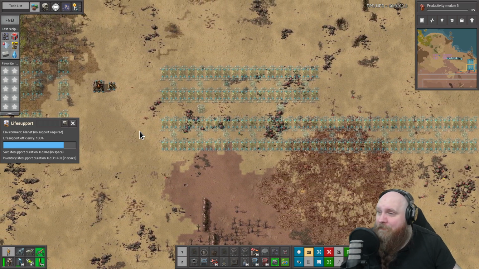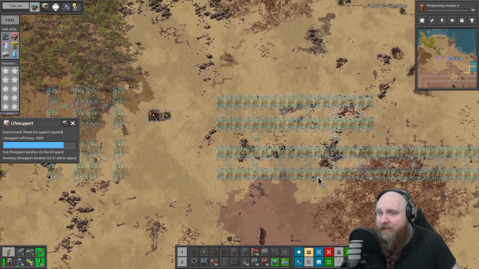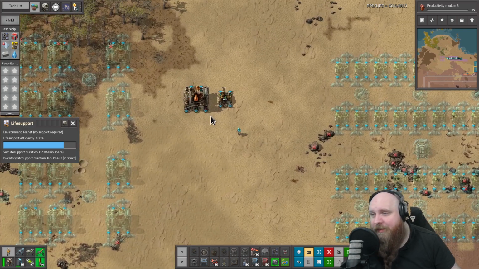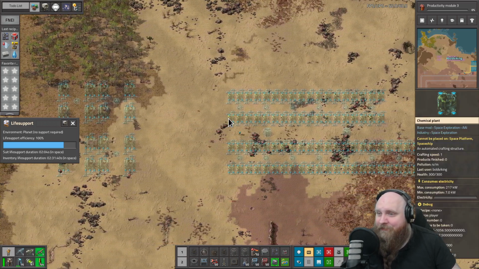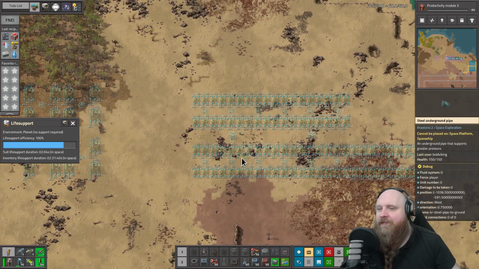Now, later on, even more advanced oil processing will be even higher in consumption. But I think this is a good way to start. Because if we build this, we will never have to think about oil again. Like, absolutely never, ever, ever. Good, good, good. And of course, we make some extra petroleum gas, and all the petroleum gas goes into the